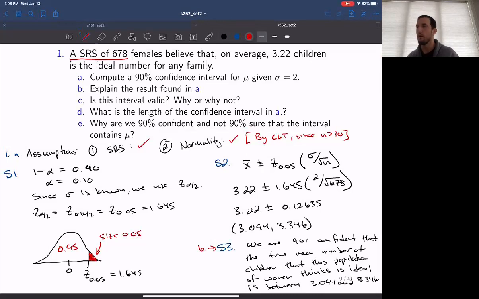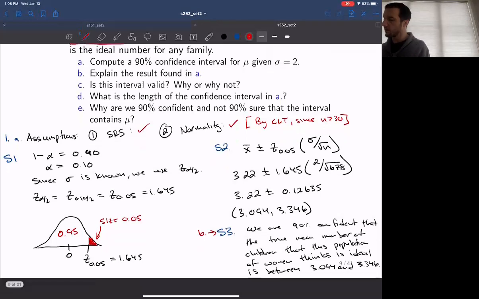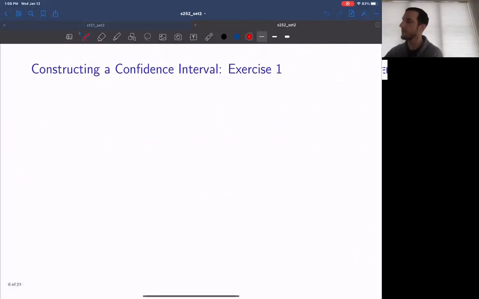Okay. All right, so any questions on that idea regarding the interpretation and whatnot? All right. Okay, so we have a few more problems left to solve. For example, in part C, it asks, is the interval valid? In part D, it asks, what is the length? And then in part E, it asks, why are we 98% confident and not 90% sure? Okay, so for part C,